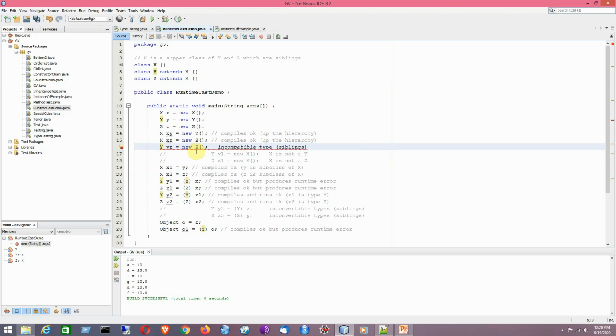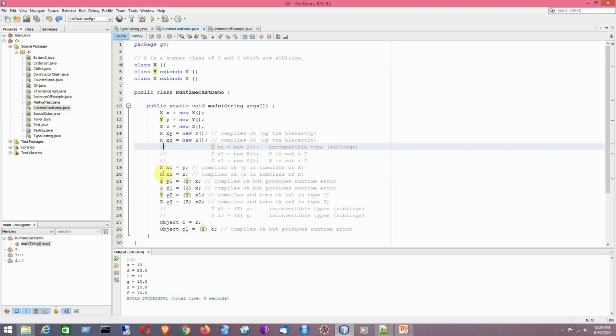So that is why I have to comment the code statement. Similarly, for the next two, we can also say that X is not a Y. We can say that Y is X or Z is X, but we cannot say the reverse. The reverse concept is not true here. Clear? So that is why I have commented the three statements.